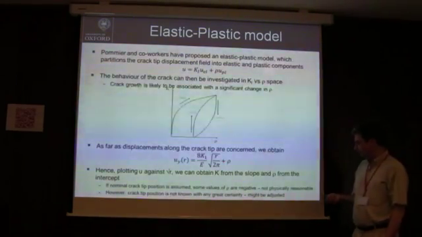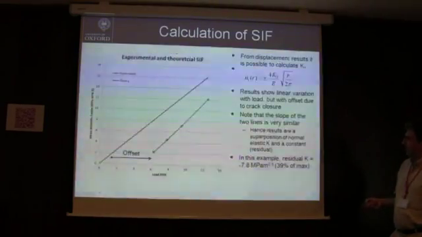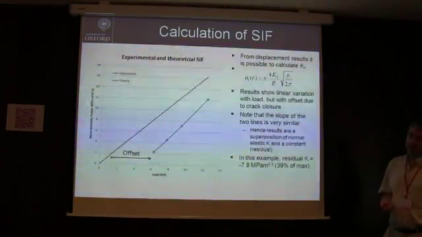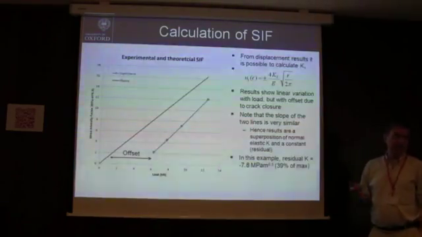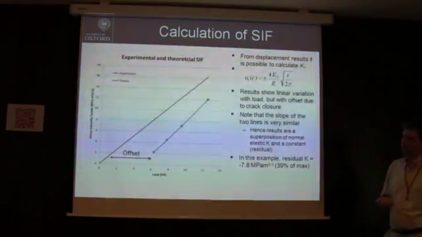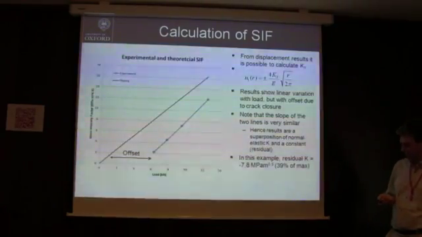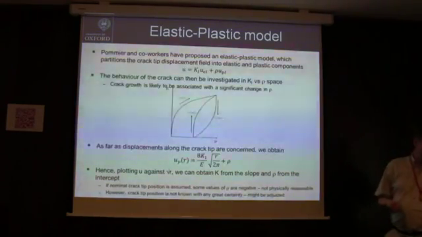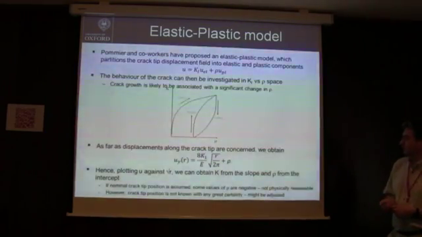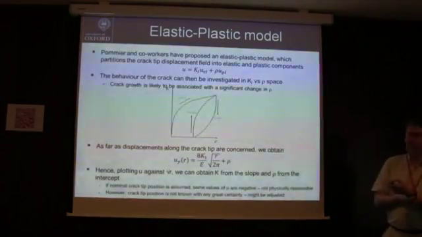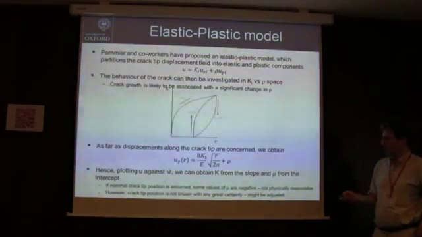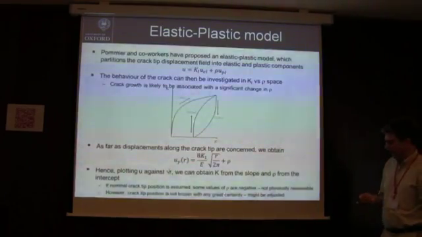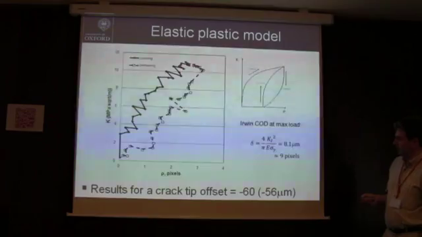Now, of course, if we had a pretty good fit to the elastic model, what we should really expect for this set of data is that rho is very small, and indeed that's pretty much what we find. If we just simply fit it, we get some values of rho which are negative, which is clearly not physically reasonable. But we should note that the crack tip position is not known with any great certainty, and maybe we might need to adjust that a little bit, and indeed you can adjust it a little bit,